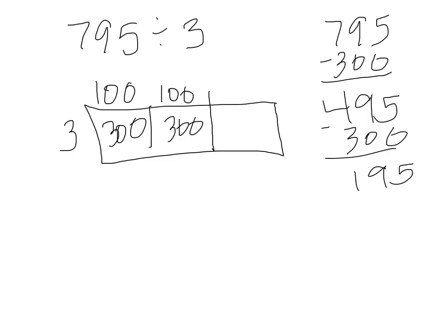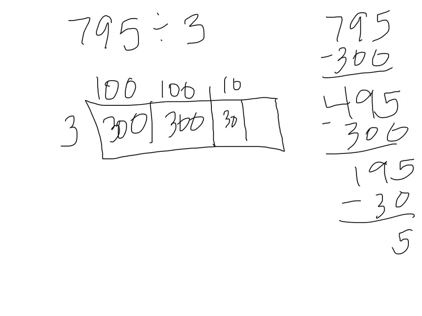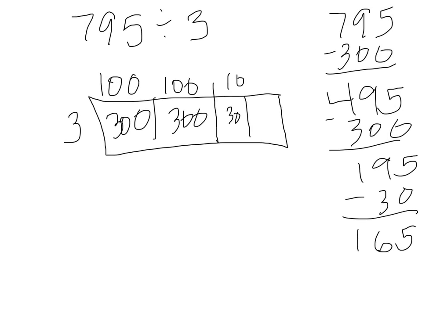Now, I can't take out another 100, and I'm not really comfortable with my basic facts. So now I'm just going to take out 10, because I know 10 times 3 is 30. And I have to subtract my chunks every single time, which leaves me with 165. Now I'm going to notice that I have another nice chunk that I can take out. And I see that I have 165. So I'm going to look for a compatible fact. I'm not really seeing anything I know yet. So I'm going to go ahead and take out another 10. 10 times 3 is 30. So I'm going to subtract 30. And that's going to leave me with